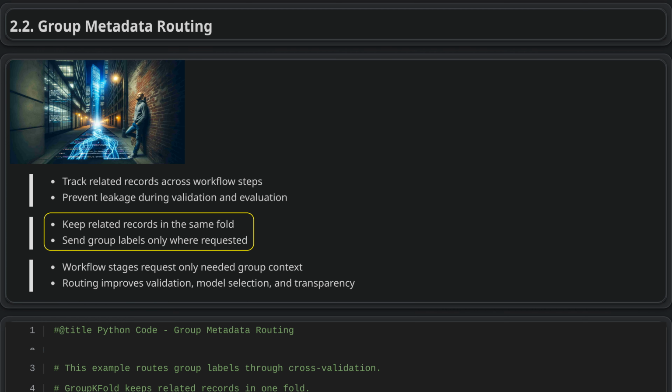Group metadata is essential in workflows that need to keep related records together, such as group-aware cross-validation. It ensures that all data from the same patient or customer stays in one fold, so the model is tested on genuinely new groups. Metadata routing makes sure these group labels reach the right parts of the workflow, reducing errors